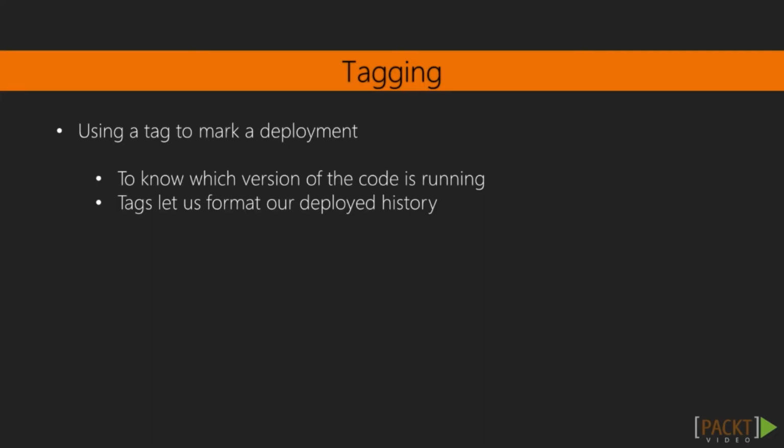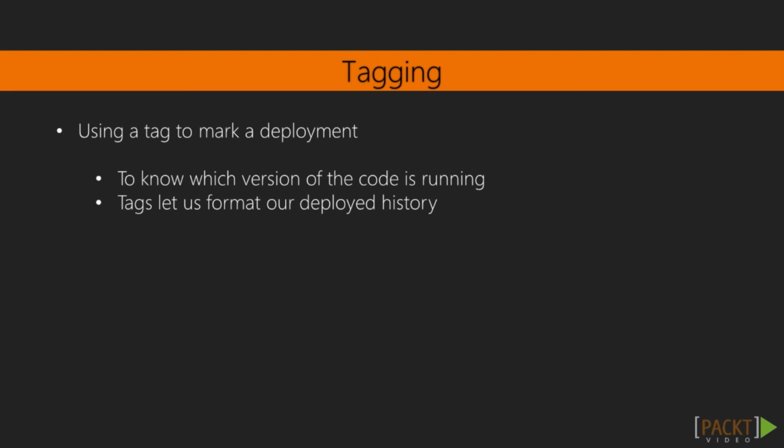The case we'll focus on today is probably the most common, which is using a tag to mark a deployment. When our code goes live on the internet, we want to know exactly which version of the code is running. While this can be achieved by logging the commit hash at the time of the deployment, tags let us format our deploy history according to whatever scheme we want and assemble that history in a convenient place for us to refer to. To see just what I'm talking about, let's pay a visit to our friend Zach, who's ready to